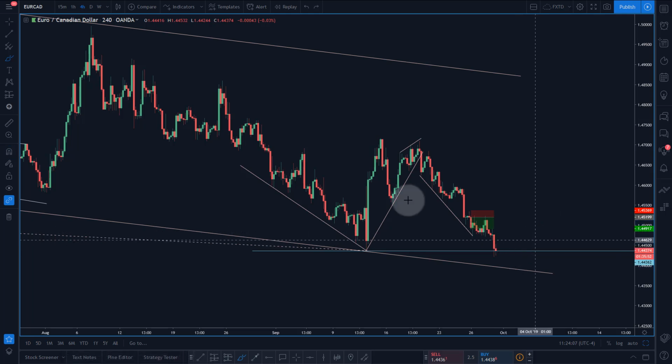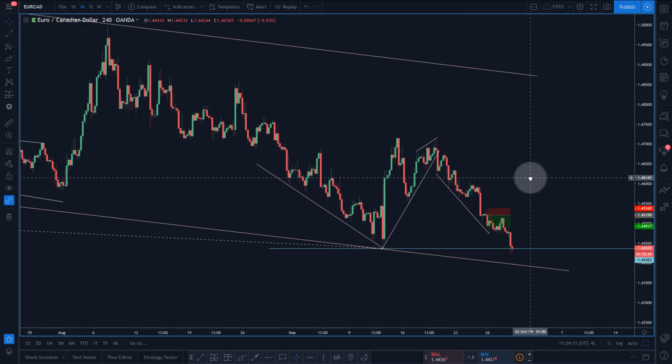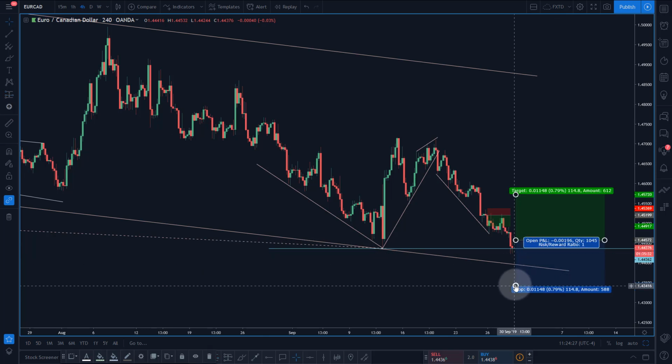We want to take the higher probability setups. We want to wait for the high probability setups and not just be taking everything, because you're going to take 4 or 5 losses trying to catch the bottom, and then you're going to get what, a 4 or 5% trade. You're going to just pay for your losses. So it's okay to take a loss. You know, if we get a morning star formation here and you get in,